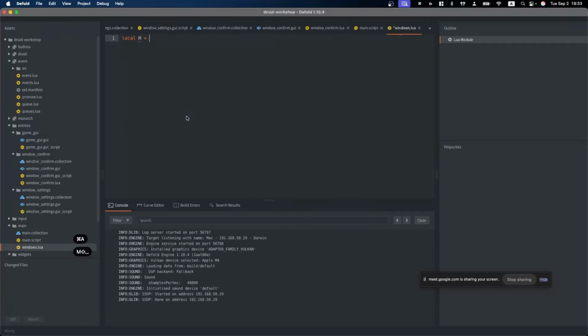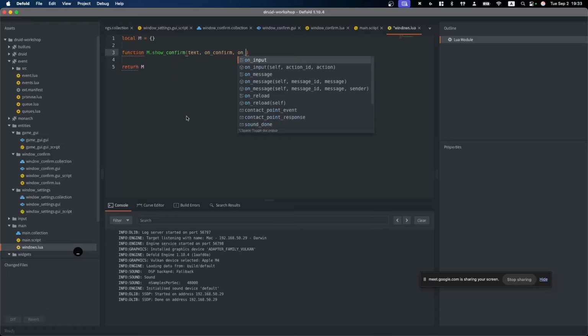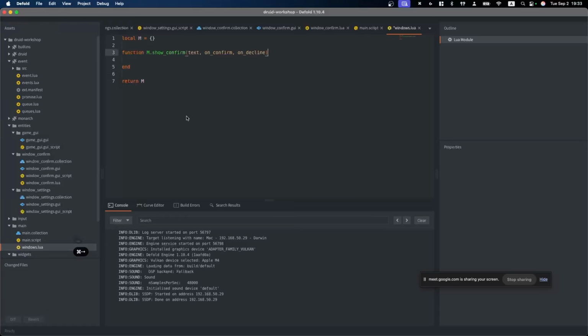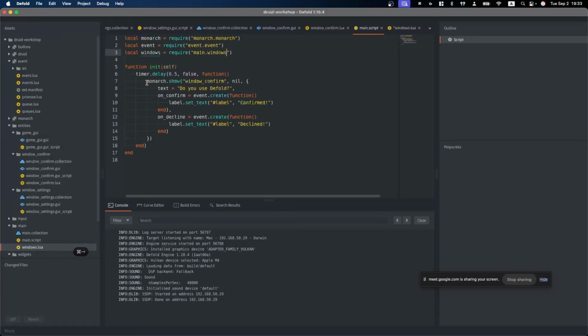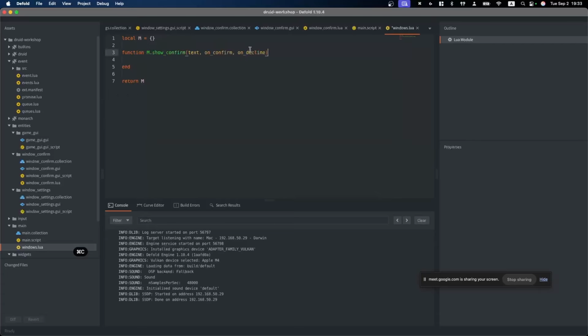What I think you need to write for an empty Lua module is this one, and function show confirm with 3 arguments: text, on confirm, and on decline. And use this code. Yep, just here.